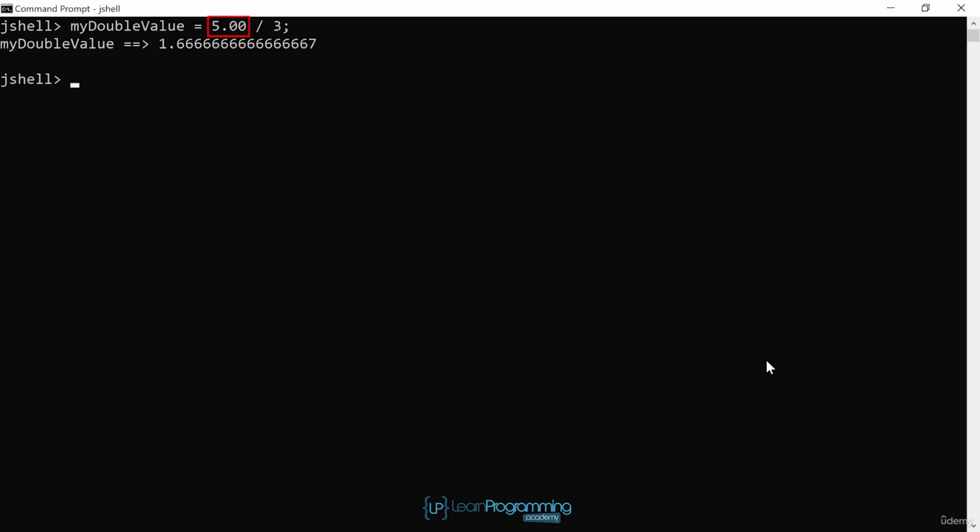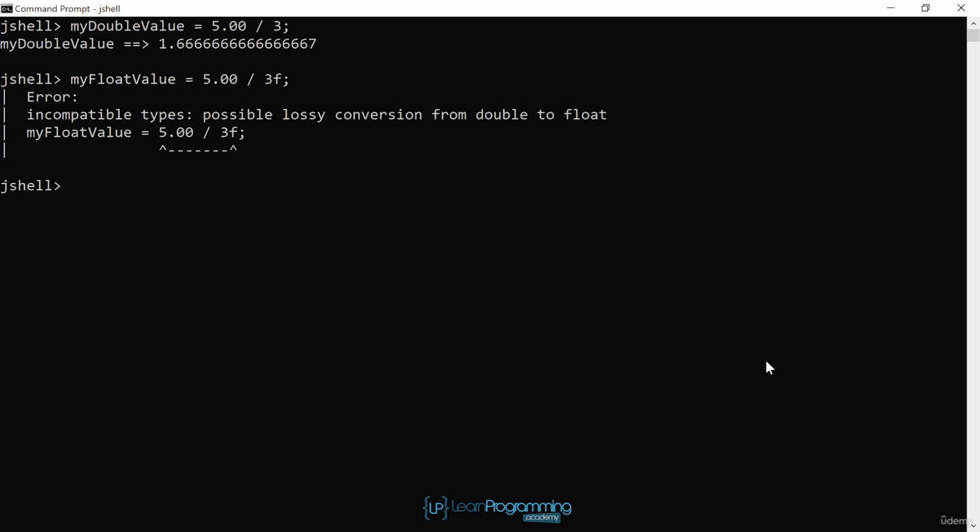So, as long as one of the operands is a double, your result will be a double. And another reminder that this won't work for your float variable. Let's try. My float value equals 5.00 divided by 3f semicolon. So here, even though one of our literals is a float, 3 with the f suffix in this case, the other is a double 5.0, and the result is a double, and you cannot assign a double to a float